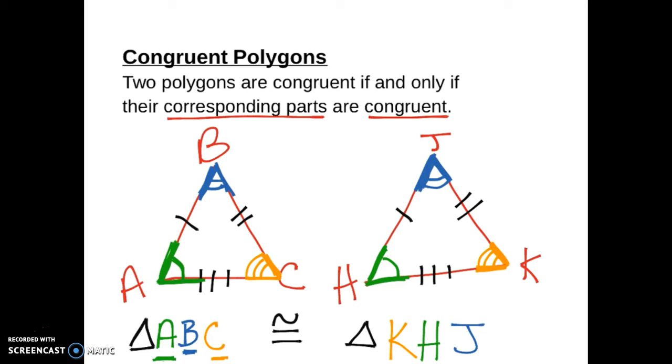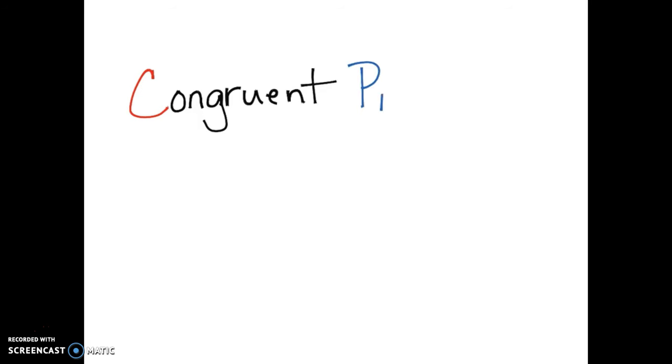So next we're going to talk about a phrase you're going to hear: the congruent parts of congruent triangles are congruent. If we know that these two triangles are congruent, we know that each of their corresponding angles are congruent and each of their corresponding sides are congruent. And sometimes we want to shrink that down and not have to write out the whole thing. So what we were saying is the congruent parts